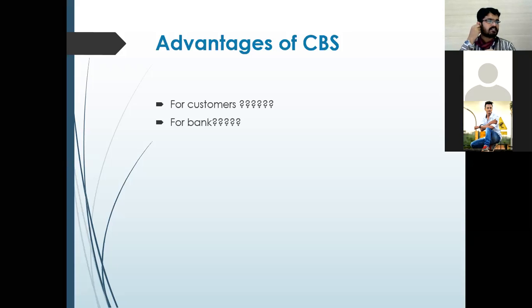It's like a franchisee system where you can open your own customer service points of different banks, where customers can come and withdraw money and deposit money up to some extent, like around 25,000 withdrawal is allowed by the banks, and 25,000 deposit. So if you have small deposits and you don't want to wait in huge queues at the branches, you can go to the service points and deposit your money immediately. It would be credited to your bank account, and similarly you can withdraw money up to 25,000 also. Or you can open an account.